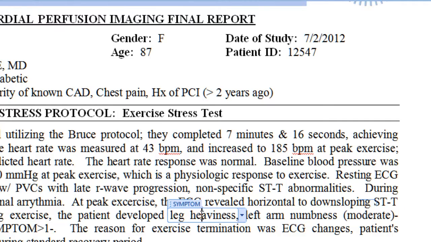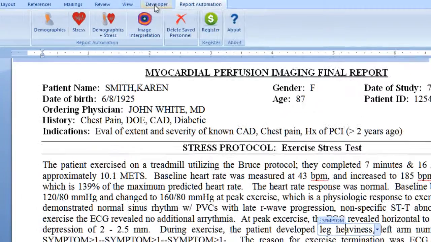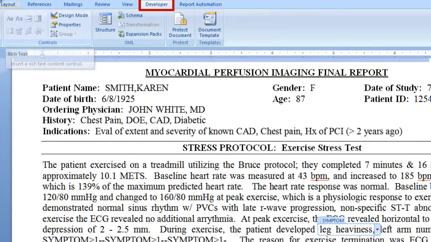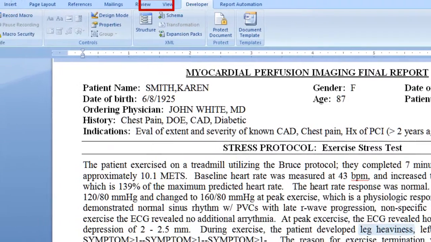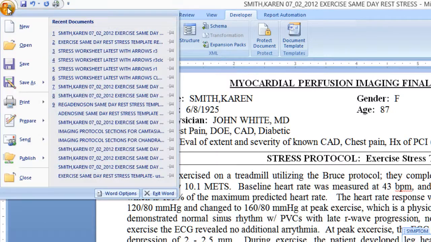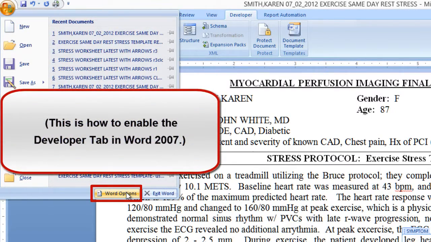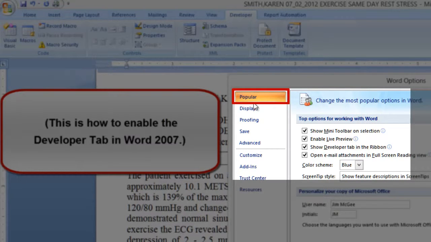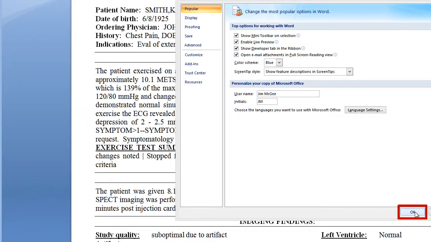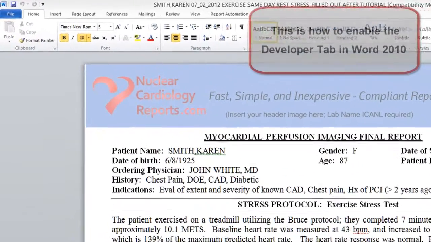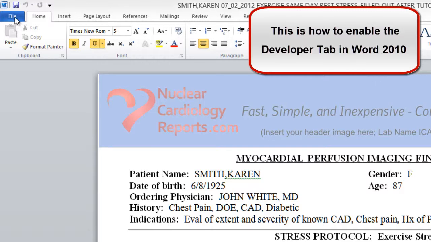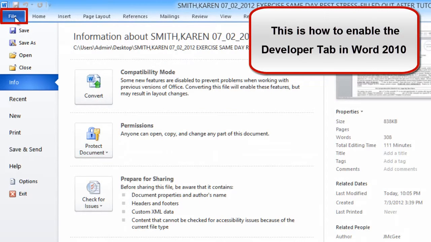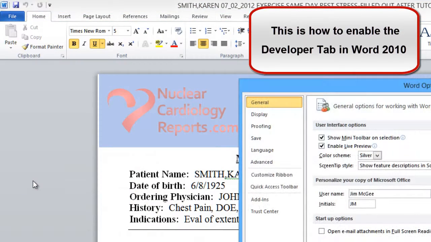In order to modify your dropdowns, you'll have to go to the Developer tab. And before you can go there, you have to enable the Developer tab. Simply push the Office button, go down to Word Options, and under Popular, the very first selection up here, click Show Developer tab in the ribbon and press OK. To enable the Developer tab on Word 2010, go to the File menu, choose Options,